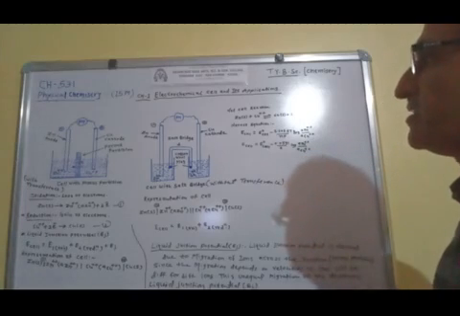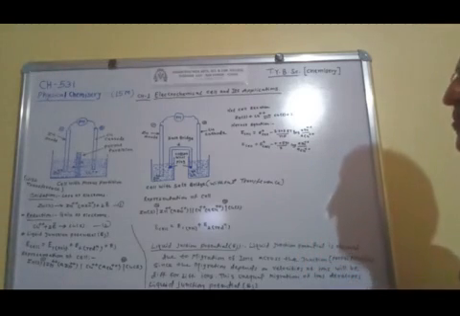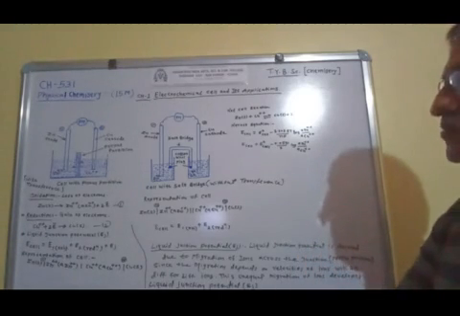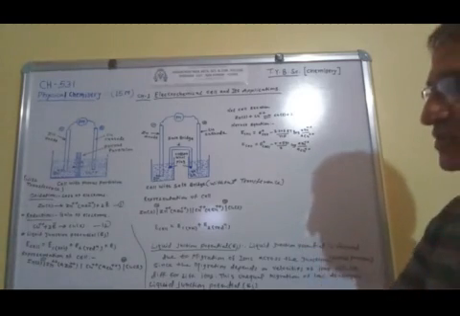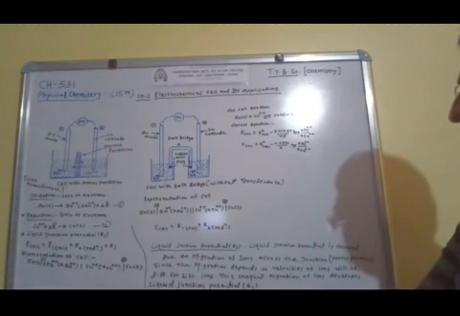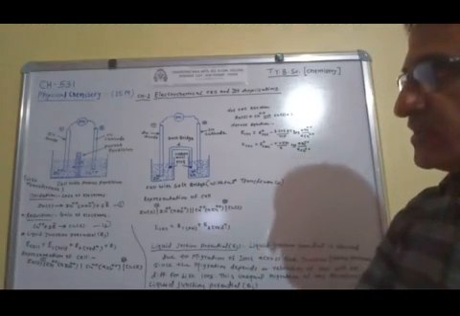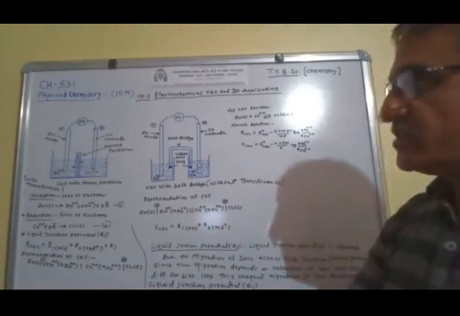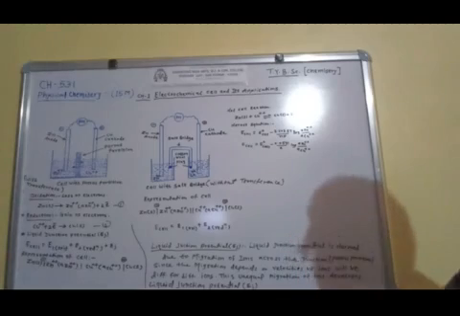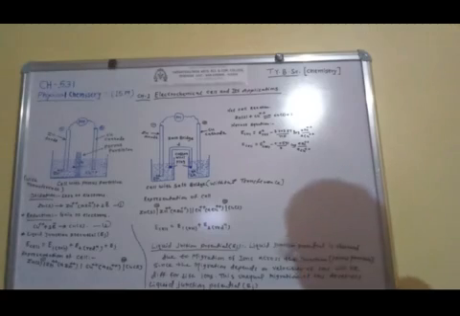In this way, the cell formed by using the salt bridge eliminates the liquid junction potential. A cell in which there is a porous partition is called a cell with transference, and where there is no liquid junction potential, that is, where a salt bridge is present, it is called a cell without transference.